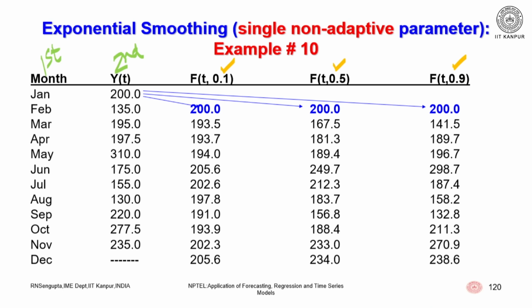Now, according to the concept, if you are starting from January, you consider the best predictor for the next month, which is February, to be the past actual value. That means 200 is the value for the month of January. So, it will be considered that f t, whatever the alpha value, is 200. If you see in the slide, it is marked in blue color, and the arrow has been given to emphasize that fact. Now, based on that, we can find